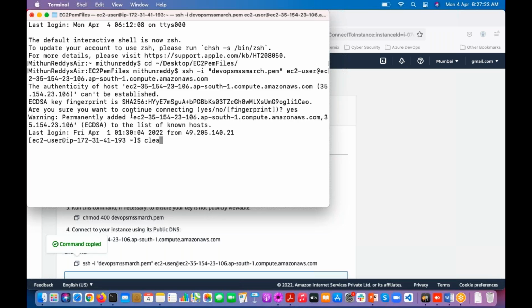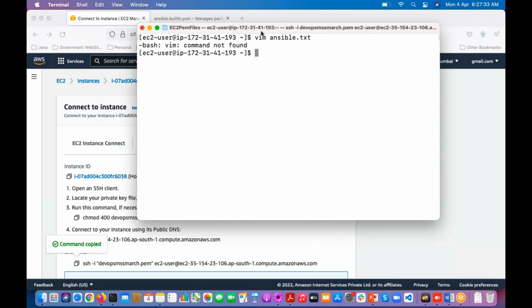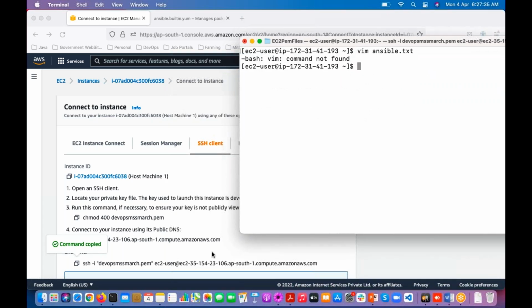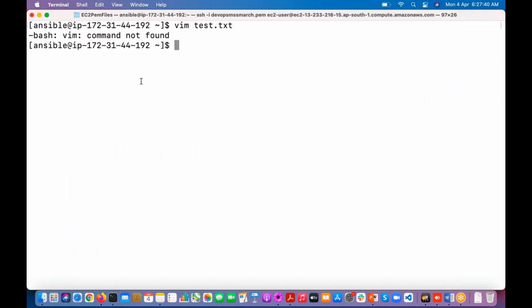Just type vim test or ansible.txt. See, it is saying command not found, right? So now what I'm going to do is execute that -m command, meaning using the m module, I'm going to install that